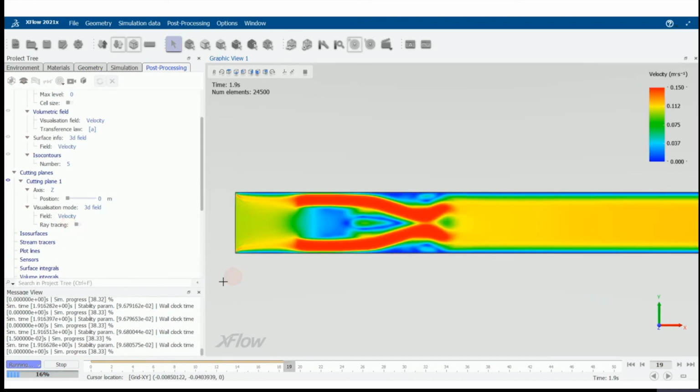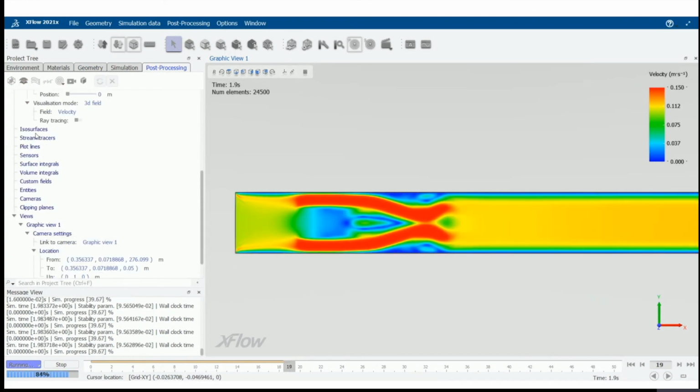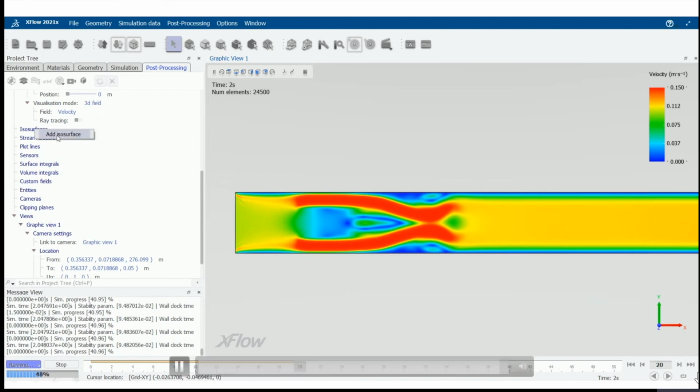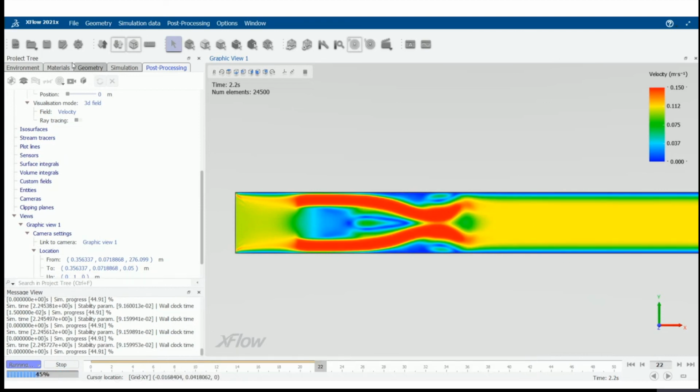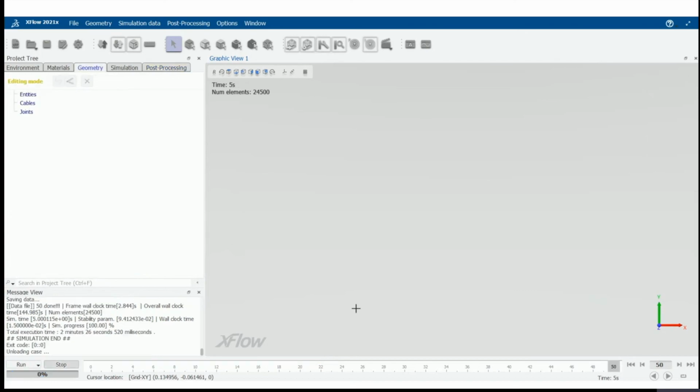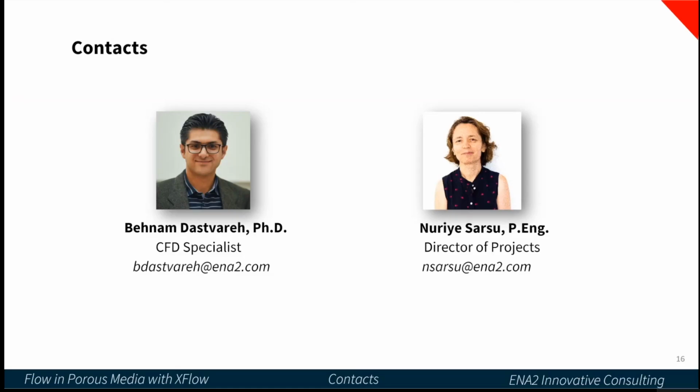contours inside the porous medium as well. Okay, that's all. It is all we can do in simulating the case. For any further questions, you can contact me as a CFD